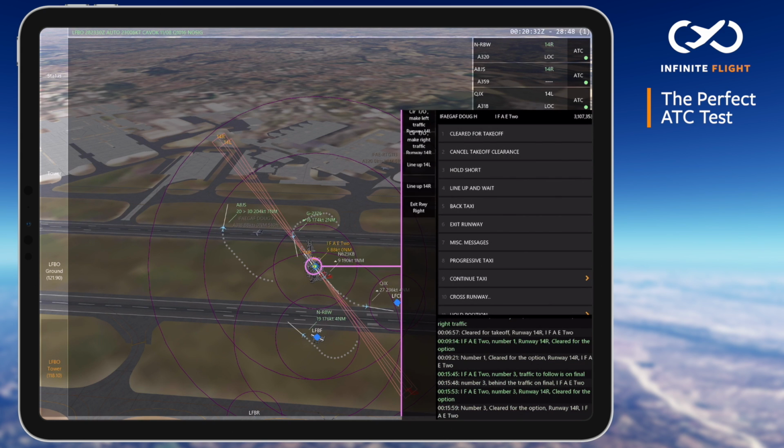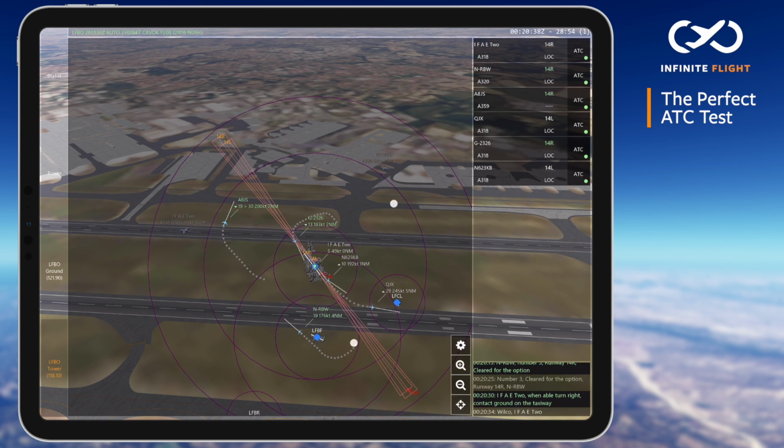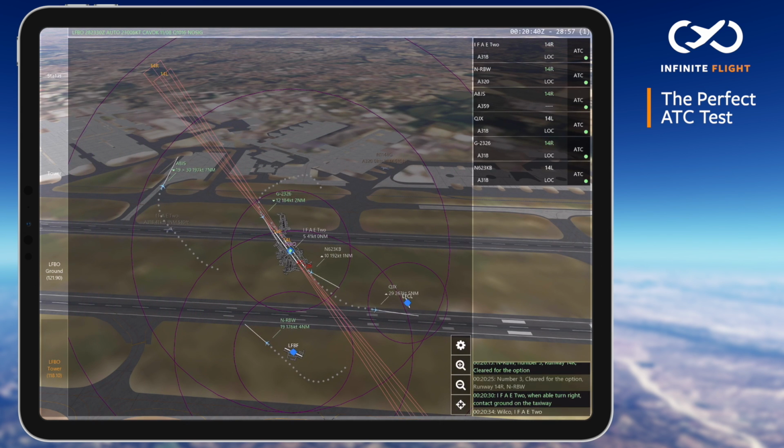Now we take a look at 14 right. I've got an aircraft exiting. I know they're going to make the exit based on the speed and proximity to the next available taxiway, so I'm not worried about a go-around scenario here for the traffic that's on short final. We're just going to keep an eye on it, let it play out, and I see here that I've got